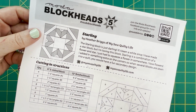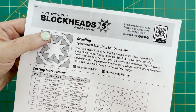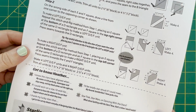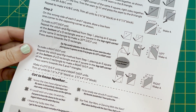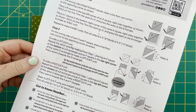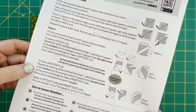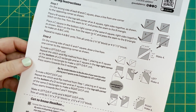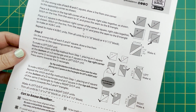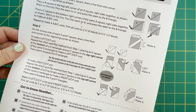This week, I'm just going to be talking about pressing and how your pressing direction impacts what fabrics really pop in your block. I don't always give you pressing instructions in our blocks every week, and I know that sometimes folks are looking for pressing instructions. The reason I don't always give you those is that I don't want you to feel locked into having to press a certain way. It really just depends on how you want your fabrics to pop in your block,